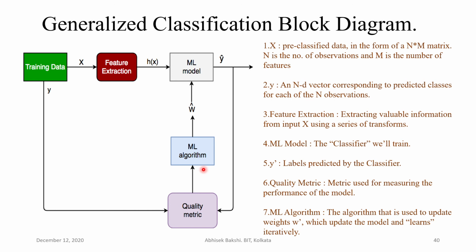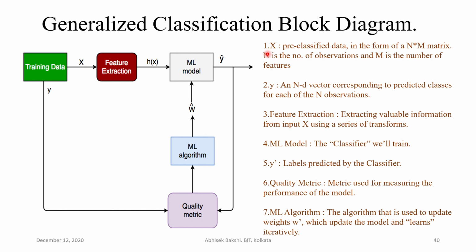That's why you see that this X is sent to the ML model, which finds this Y, and also this Y. This is the Y that I know, the label or the real value, depending on the regression or classification task, sent over here. The difference, the error in the form of a quality metric, is sent to this ML algorithm, which does this somehow. How it does this, we will see.